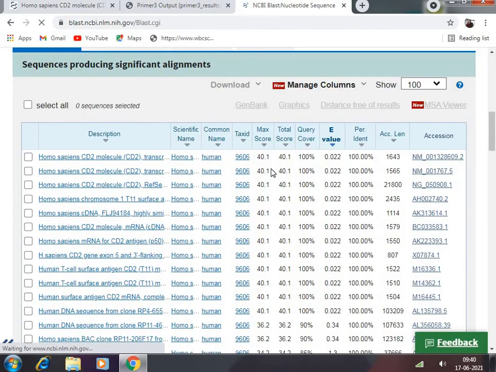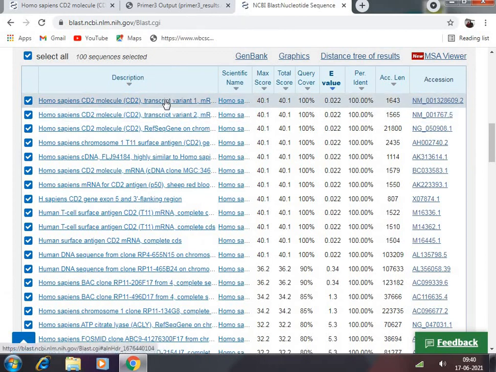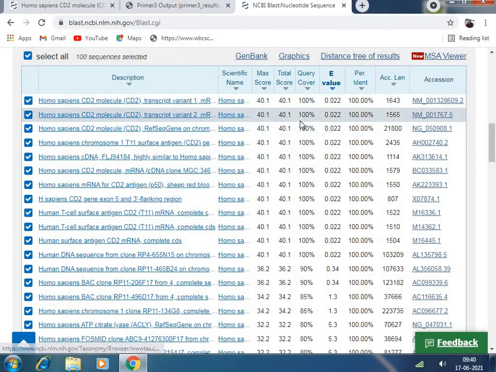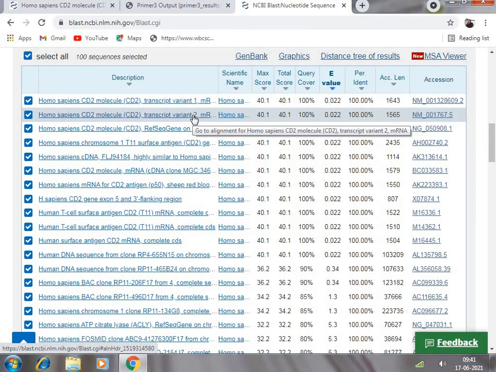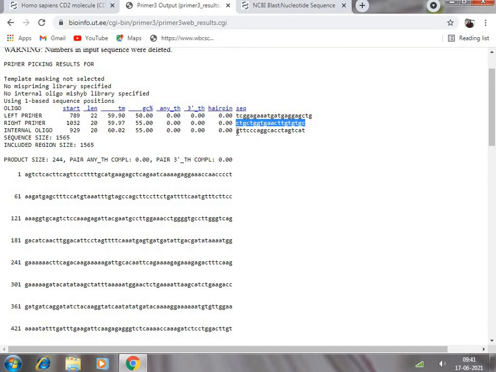So again they will take some time, and within a period of say 15 seconds they will generate the data. So again you can see this reverse primer is actually recognizing Homo sapiens CD2 molecule transcript variant 1 or Homo sapiens CD2 molecule transcript variant 2. So that means your forward and reverse primer are absolutely okay. They are recognizing the CD2 molecule. So in this way you can design a particular primer, and you can use this primer so that you can amplify a particular target gene, and by getting the oligo sequences you can also recognize whether your particular gene is getting amplified or not. I think you have understood how to design a primer for bacteria and for the eukaryotic cell like Homo sapiens.